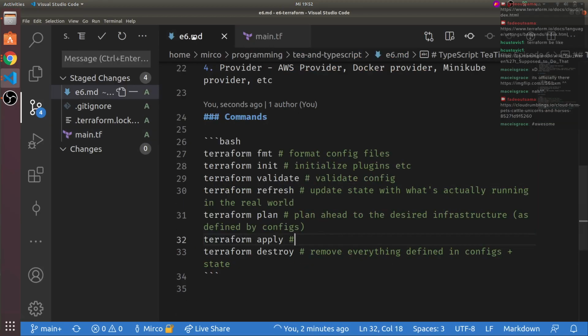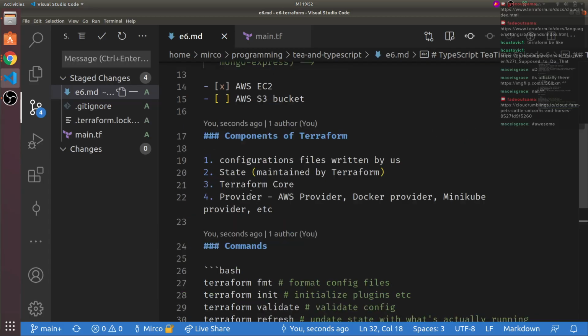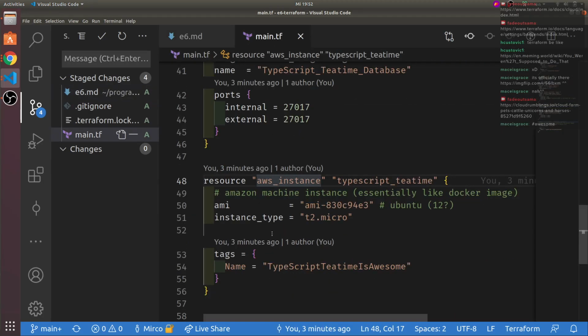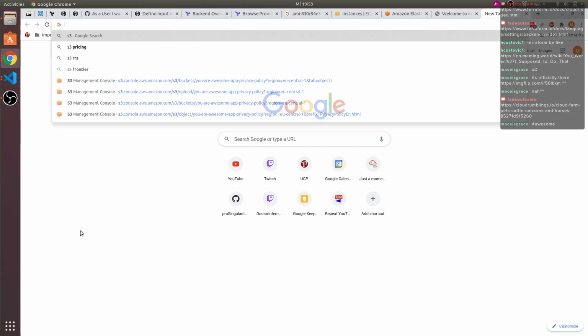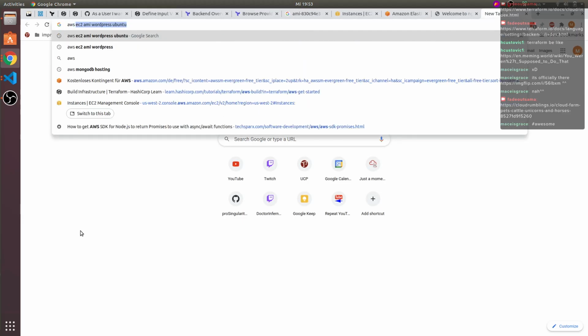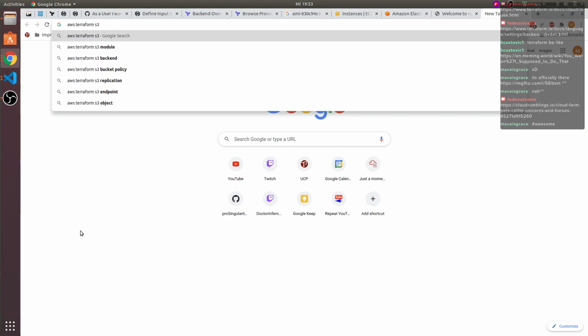No, our goal is slightly different. So what do you guys think? Follow this plan and do the AWS S3 bucket, or look into input variables? You decide. In the meantime, I try to find the S3 bucket. AWS Terraform S3.